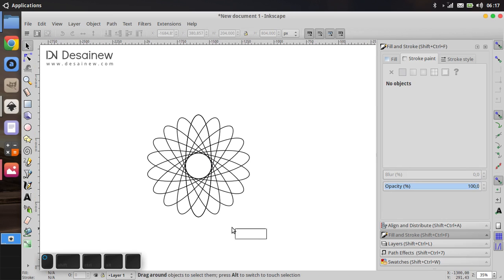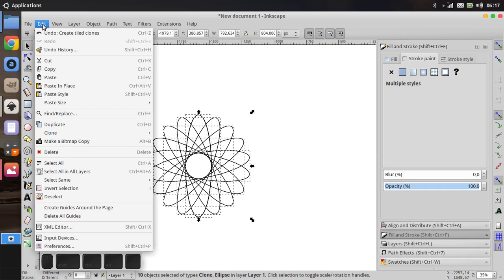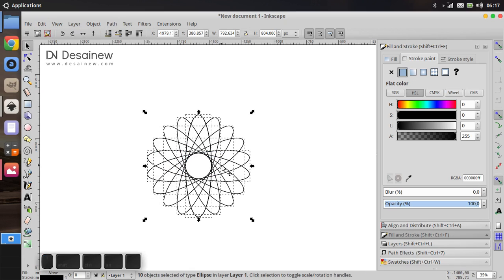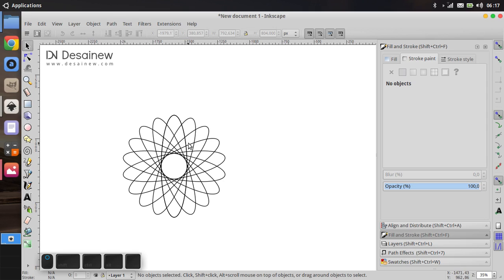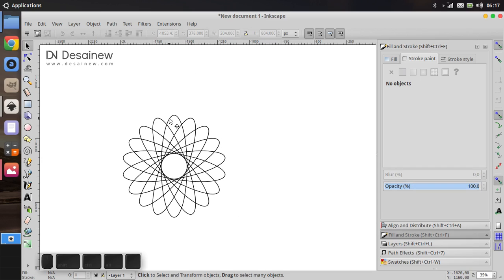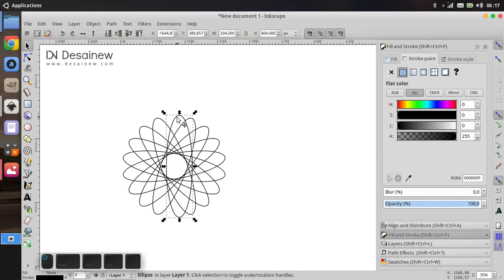Select all of the objects and choose the Edit menu, choose Clone, and Unlink Clone. And also remove the extra object, because there is a double object, and you can delete it, and you can see there is no double object.